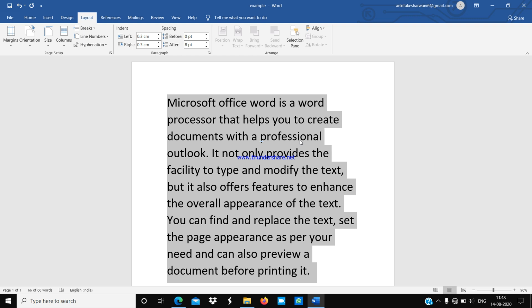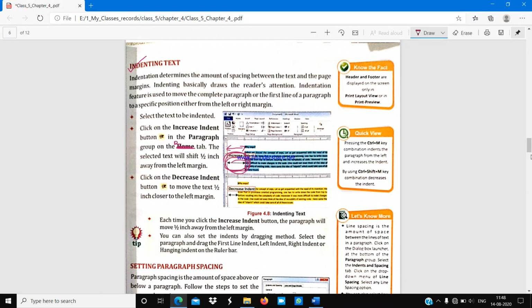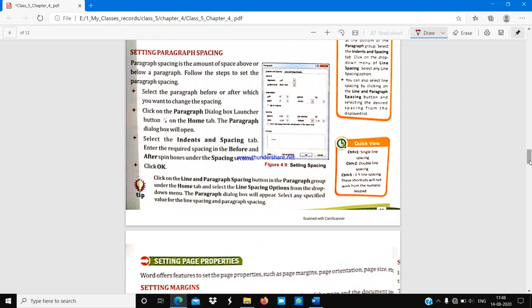Okay students, now we will see the next topic: setting paragraph spacing and setting margins. We will see those in our next video. For today we will skip these two topics.